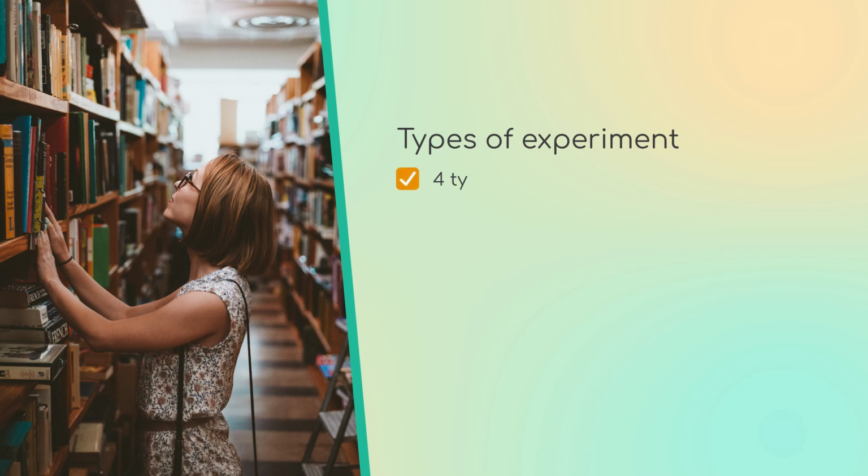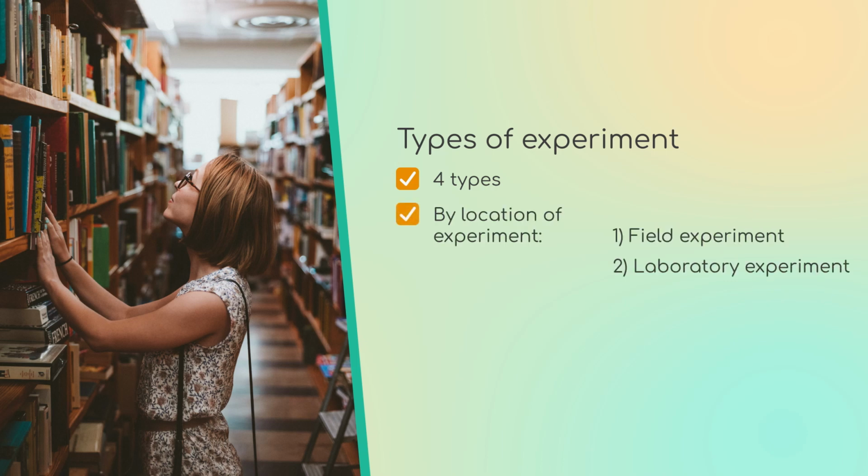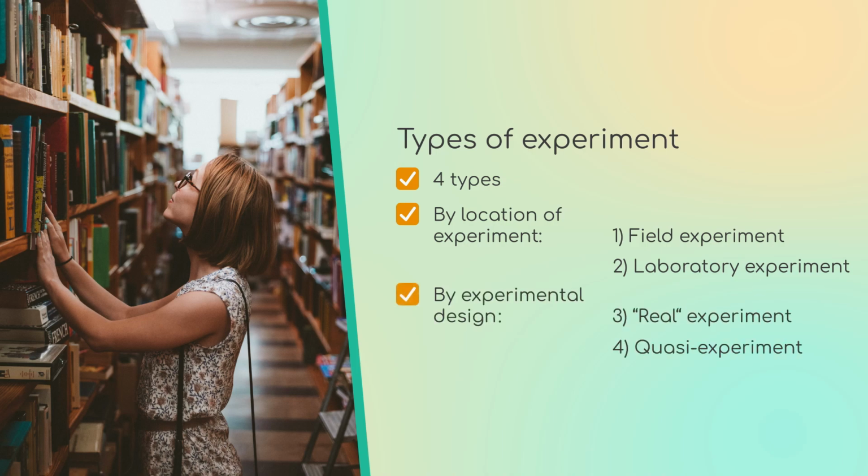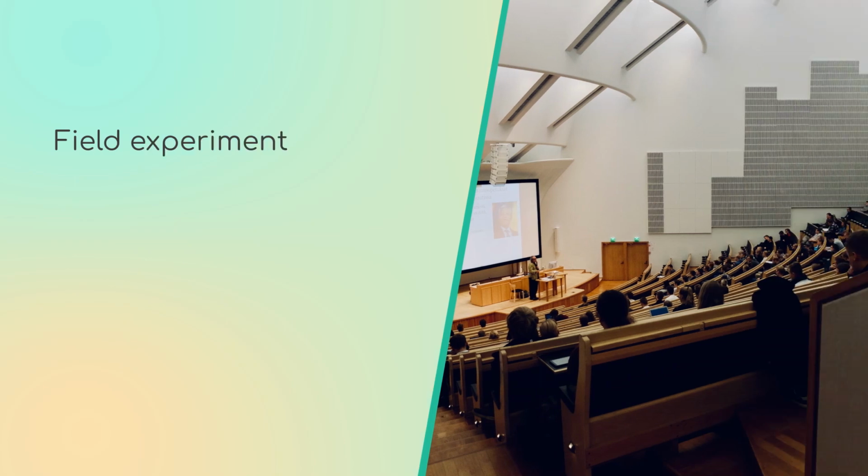Altogether, 4 types can be distinguished. They can be classified according to the location of the experiment and the experimental design. The field experiment and the laboratory experiment are distinguished according to the location, the real experiment and the quasi-experiment according to the experimental design. The field experiment is characterized in particular by the fact that it takes place in a